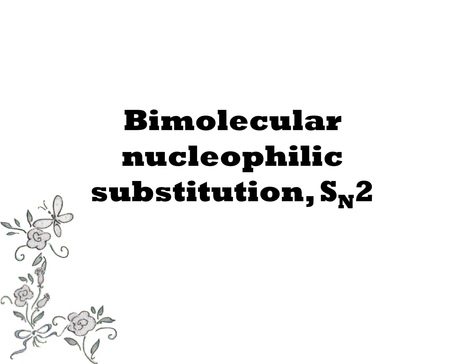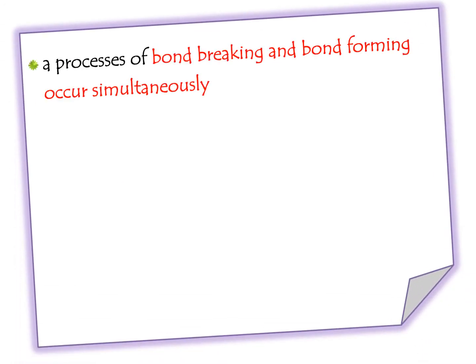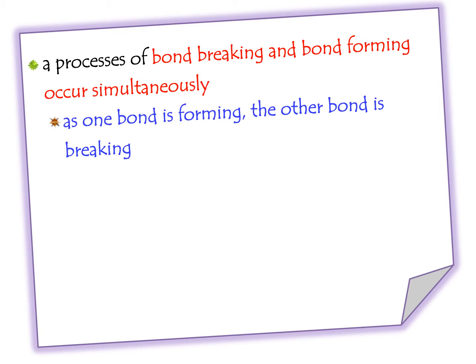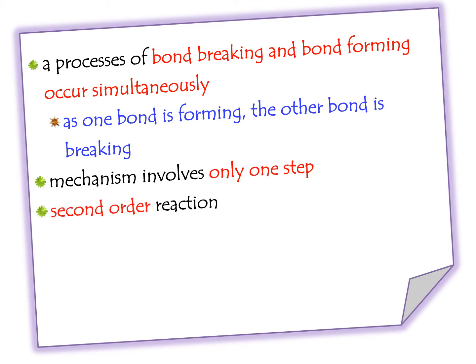What is bimolecular nucleophilic substitution, SN2? SN2 is a process where bond breaking and bond forming occur simultaneously. As one bond is forming, the other bond is breaking. The SN2 mechanism involves only one step. It is a second order reaction,